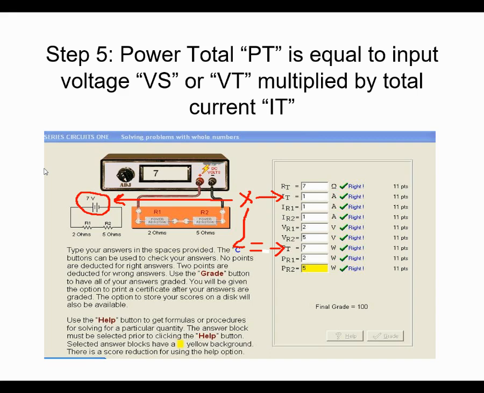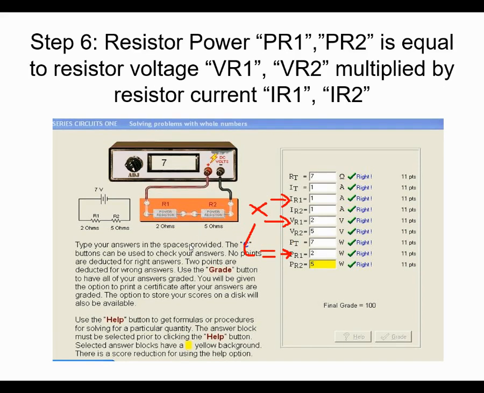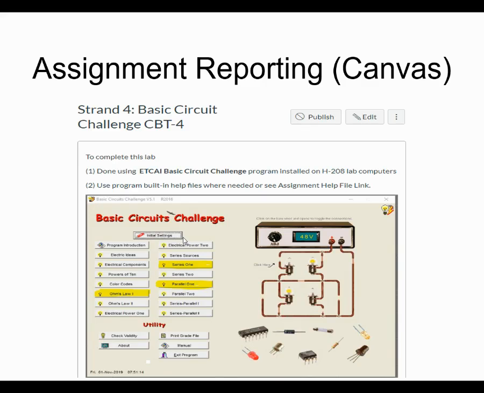And power, just like in series, in fact, my picture here is actually from the series exercise, is the voltage multiplied by the current. That's how you get power total. And this one's also from series. The resistor powers are the current across the resistor multiplied by the voltage across the resistor. It's done the same way as in series. And in series or parallel, the power values of the resistors add up to the total power. So that's